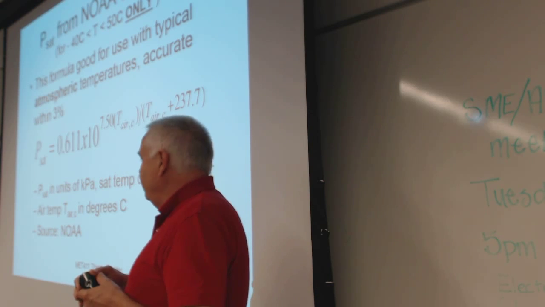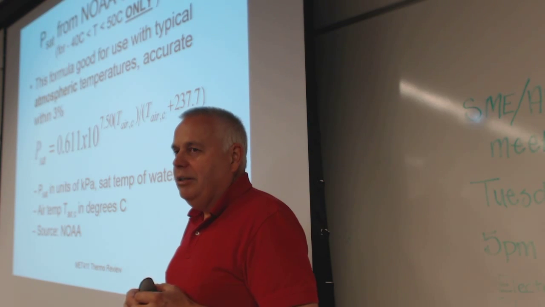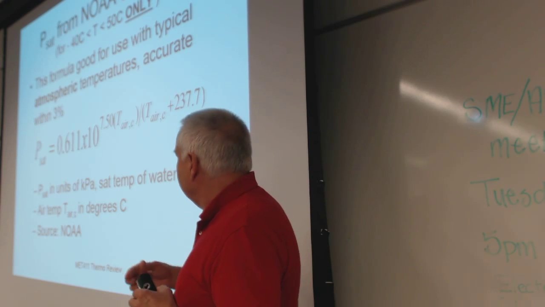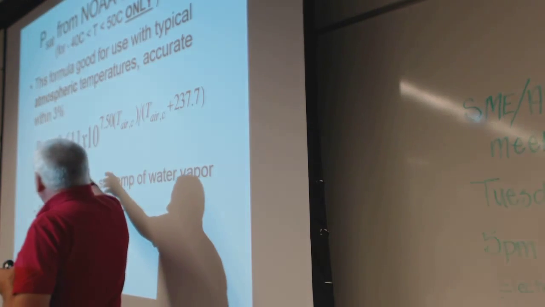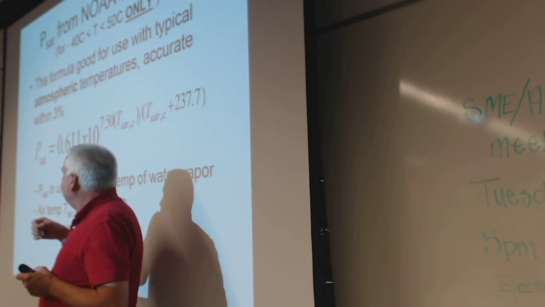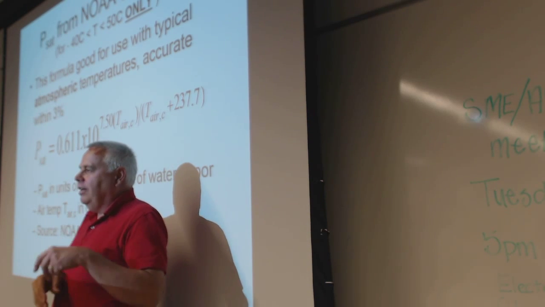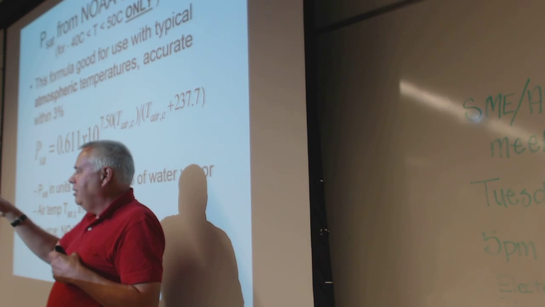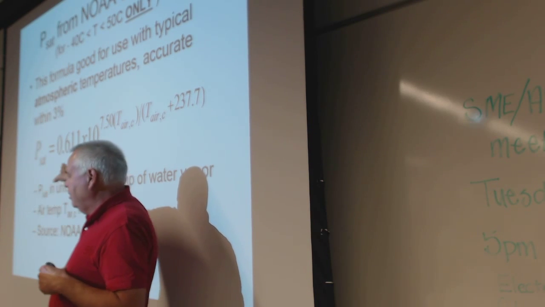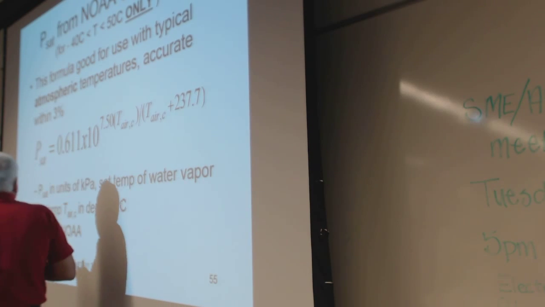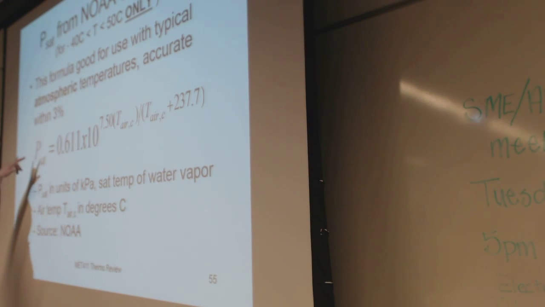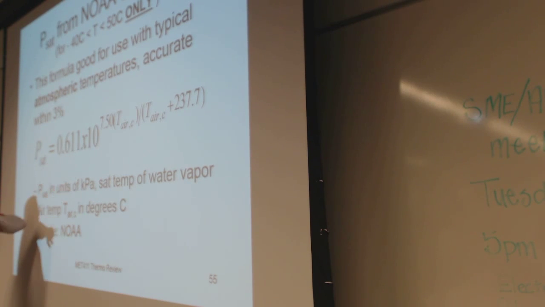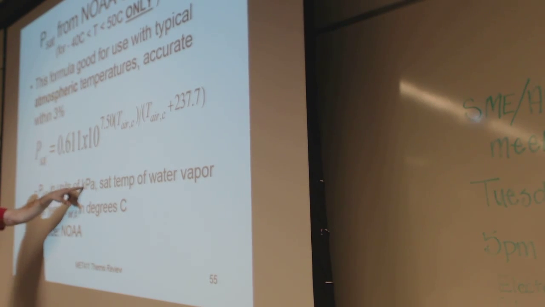So I actually spent probably most of the time on that project trying to find a good number for just exactly what I can put into a spreadsheet that'll give me the saturation pressure. If I get a temperature and I get the saturation pressure, then that will give me relative humidity, which I need for my density. So saturation pressure is actually this many kilopascals,